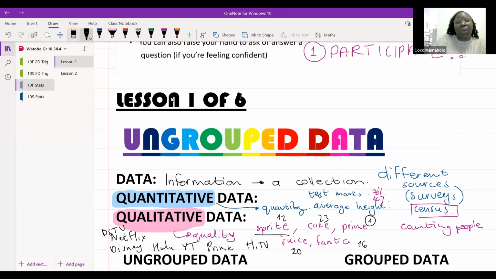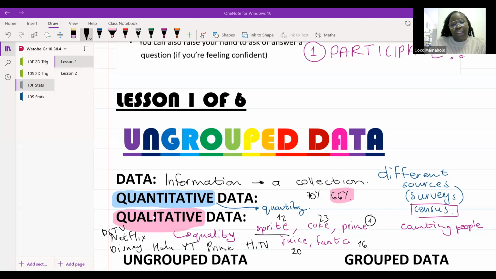Quantitative. Okay. So do you agree with me, Buntle, if I asked everybody, what did they get on their last maths test? Everybody's going to give me a number as an answer. They'll say I got 70% or I got 66%, right? That's a number. Now, the problem with getting numbers as quantities is that I can't group them the way that I would qualitative data.